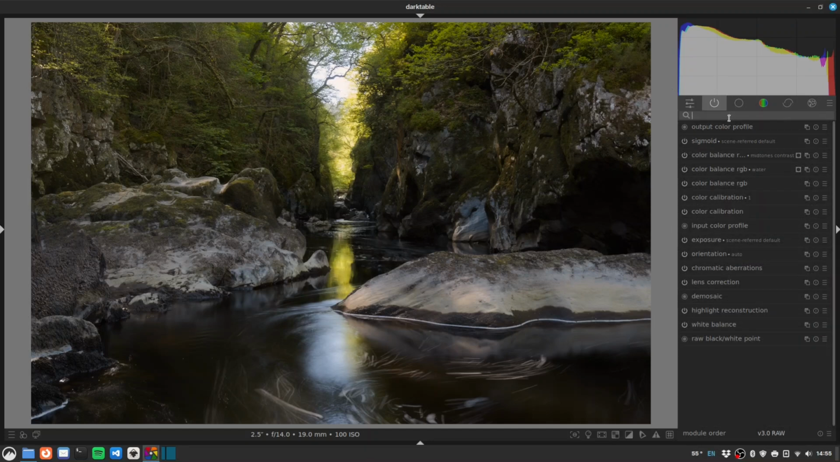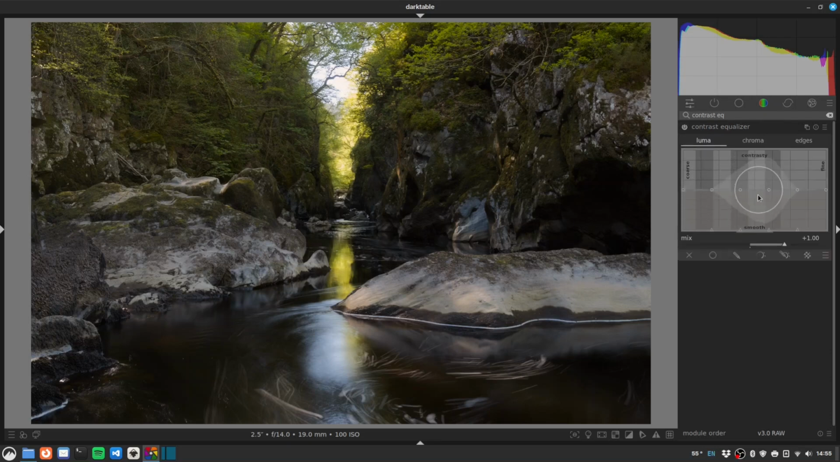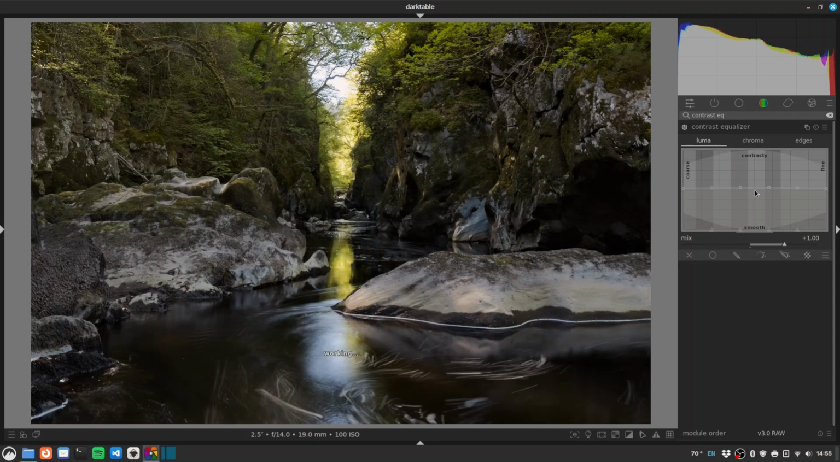Okay, now we'll do our usual clarity and texture. So contrast equalizer, and roll the mouse wheel down so that we're affecting the whole line at once, and just drag it up. The more you drag it up, the more clarity you get until it looks absolutely terrible. So as always, less is more. So it's nice. We'll right click for another instance, and then we'll just grab either end,